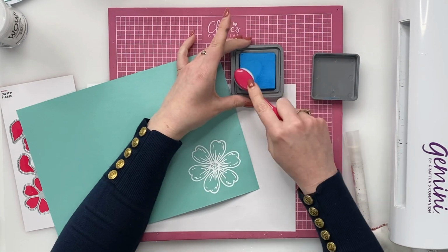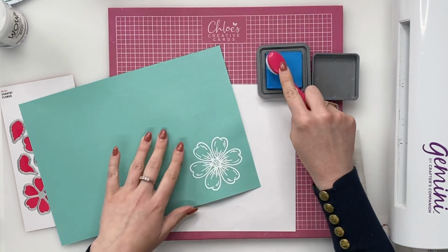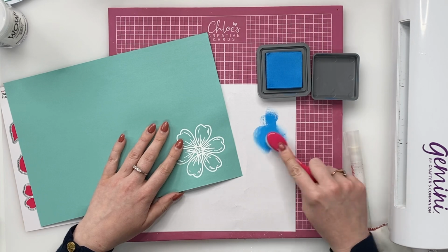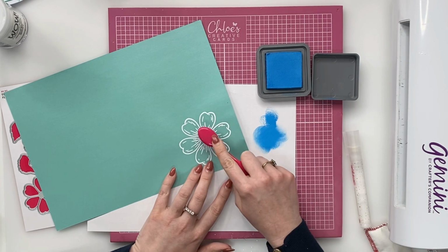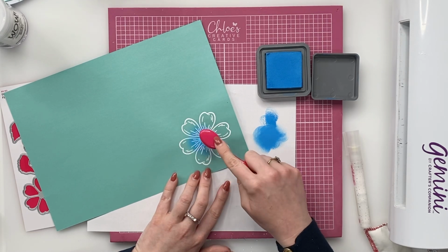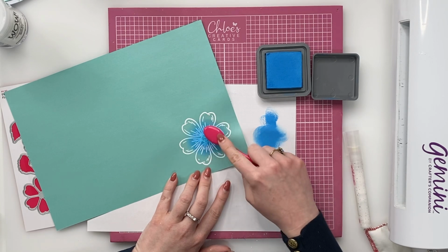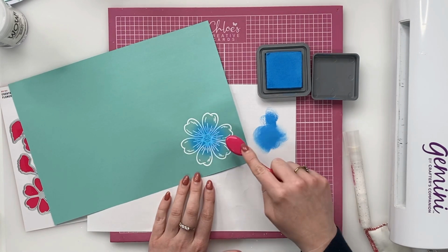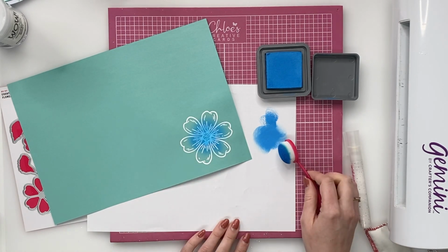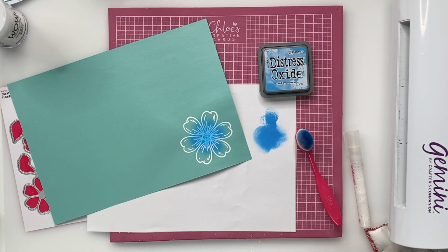So I have actually had peacock feathers on this one, but I'm going in with a bit of Salty Ocean Distress Oxide. So I'm going to load it up. I always like to tap off just to see how much ink I've actually got on there. And then I'm going to just gently rub in the middle of the flower. And look at how awesome that looks. But look at the control that I have got over that image. So you can see how it then allows you to create this gorgeous kind of radiating effect in the middle